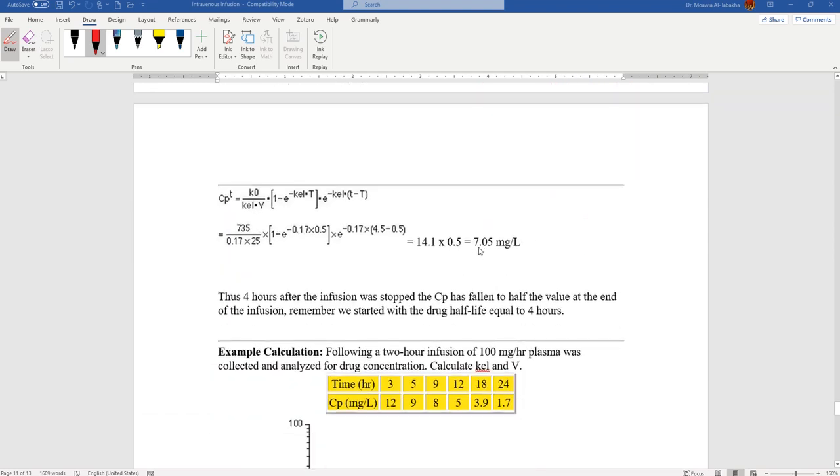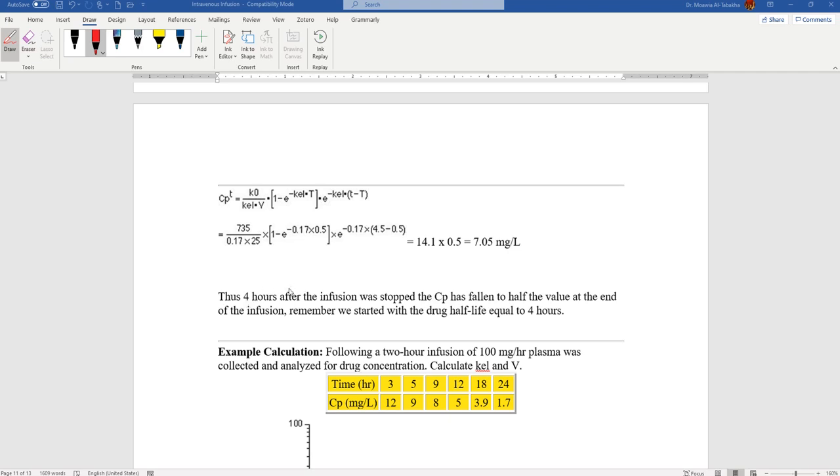Look, approximately, of course, what he did here: instead of using 0.17, where is our calculator? Okay, here instead of 0.17 it was 0.17 something. That's why our number was a little higher, 7.14, but it's very close. Anyway,